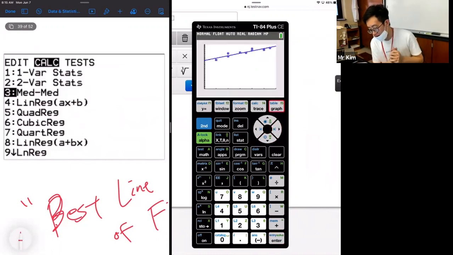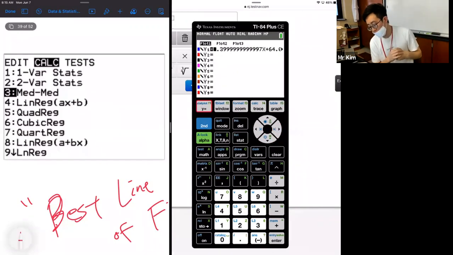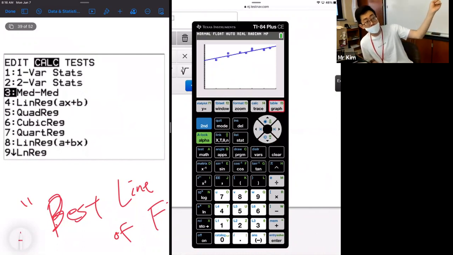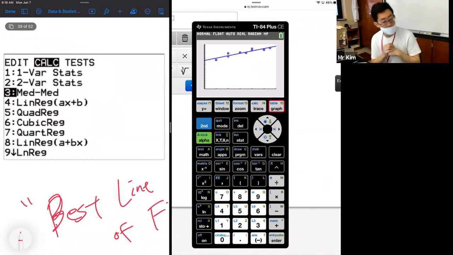If you guys go up onto the graph, they actually plotted that line for you because we've already stored that equation. I know it doesn't say 5.4, but for the calculators, I guess the more accurate measurement would be 5.399999, and then x plus 64. And so that is what we call a best line of fit. Of course, it's impossible for you to draw a line that goes through all the points, but it goes through the middle of as much as possible given the data points. Okay, so this is how we are able to calculate the linear regression model and the equation.